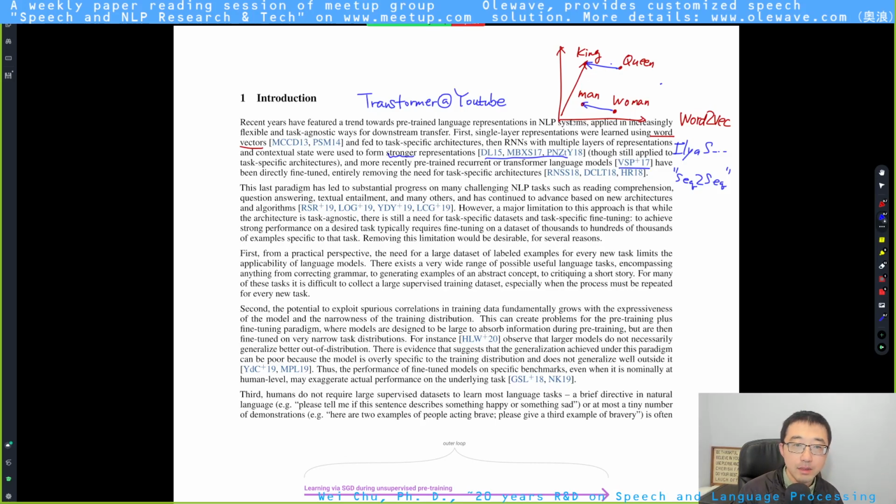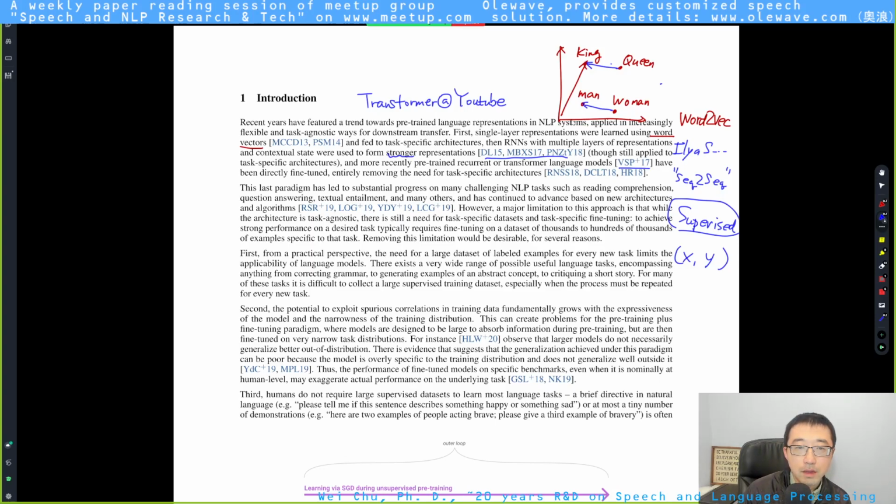But there are some limitations. The first is the need to have a large supervised training set, because I remember the models the author talked about are all supervised. That means they have pairs of input and output, right? They have the labeled X or Y, these types of things.